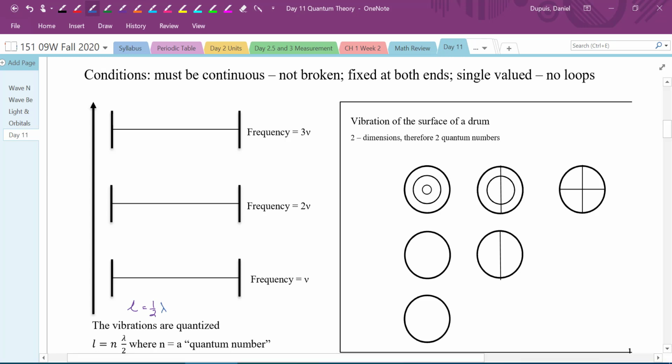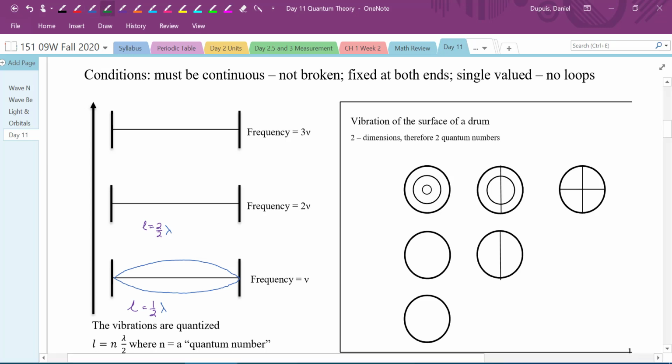Right? 1/2 of lambda means that sine wave would go up and come back. All right? That's 1/2. If the length becomes 2/2, or 1 lambda,